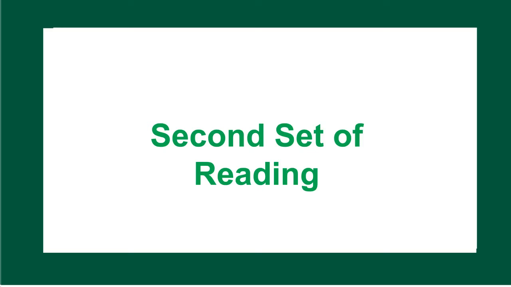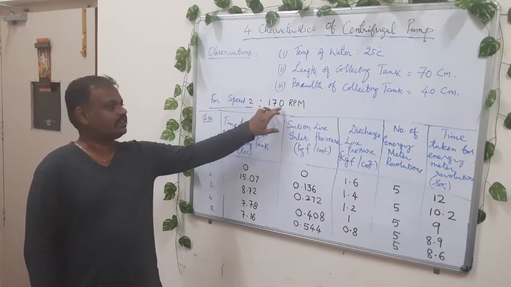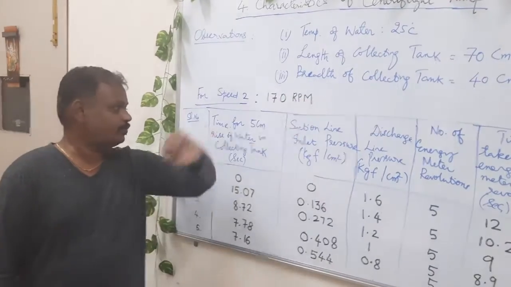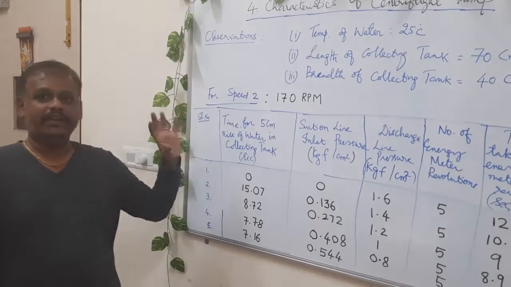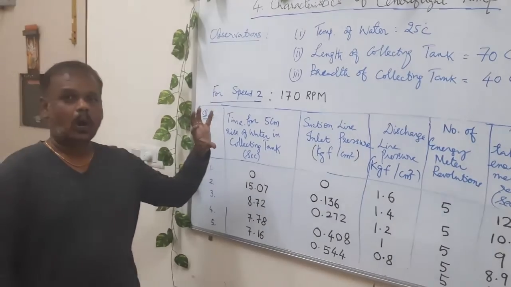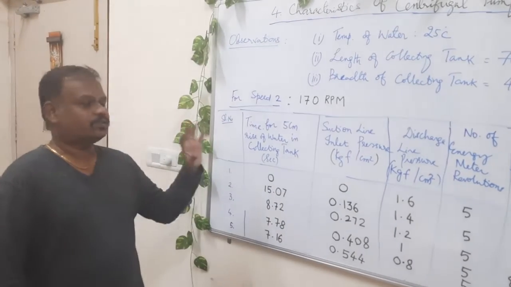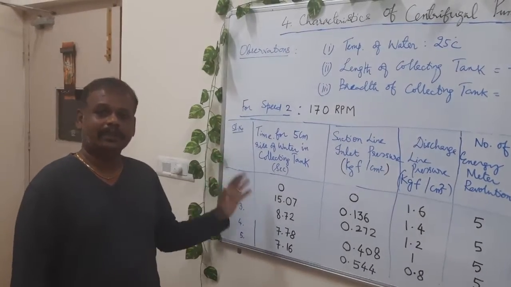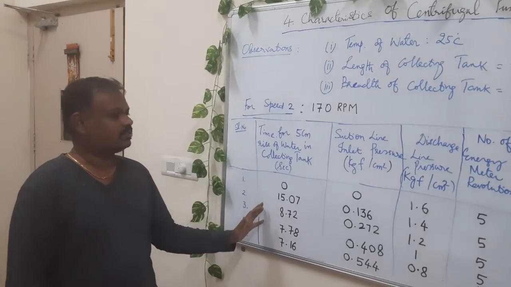In speed number 1, we have fixed our speed 2 as 170 rpm by changing the pulley position at number 2, and we have varied the position of the outlet valve to change the volumetric flow rate. The experimentally obtained volumetric flow rate